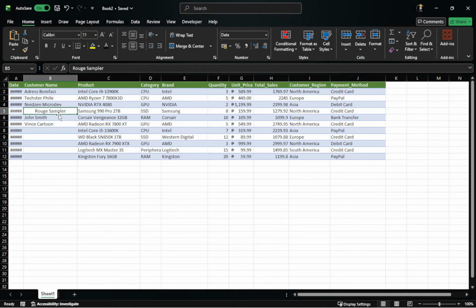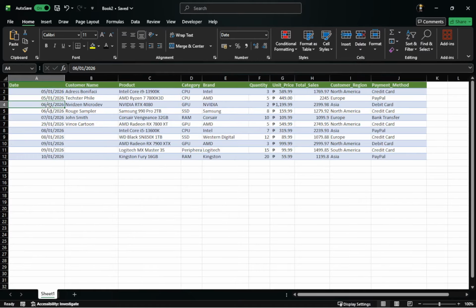If you see several number signs like this, click on that column header at the top to select the whole column. Move your mouse to the right edge of that column header. Click and drag it to the right to make the column wider. As soon as the column is wide enough, the actual numbers or dates become visible again in those cells.